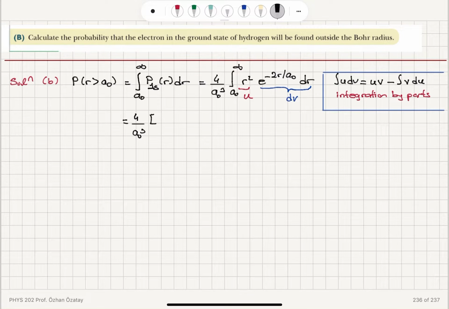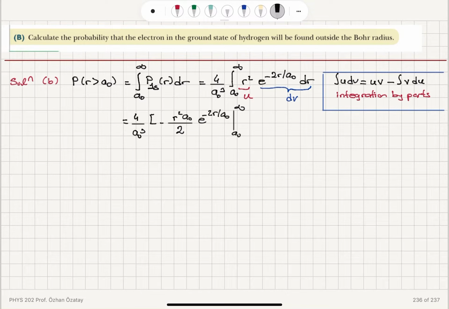Now u was r squared, so what is the integral of e to the minus 2r over a0 dr? That is minus a0 over 2 the exponential. So this will give me uv, which is minus r squared a0 over 2 e to the minus 2r over a0 evaluated between the Bohr radius and the infinity,